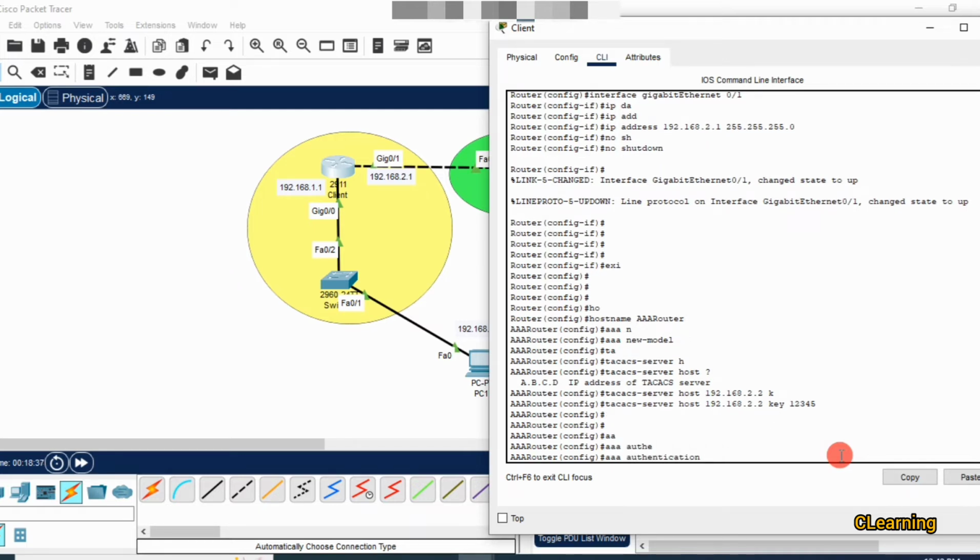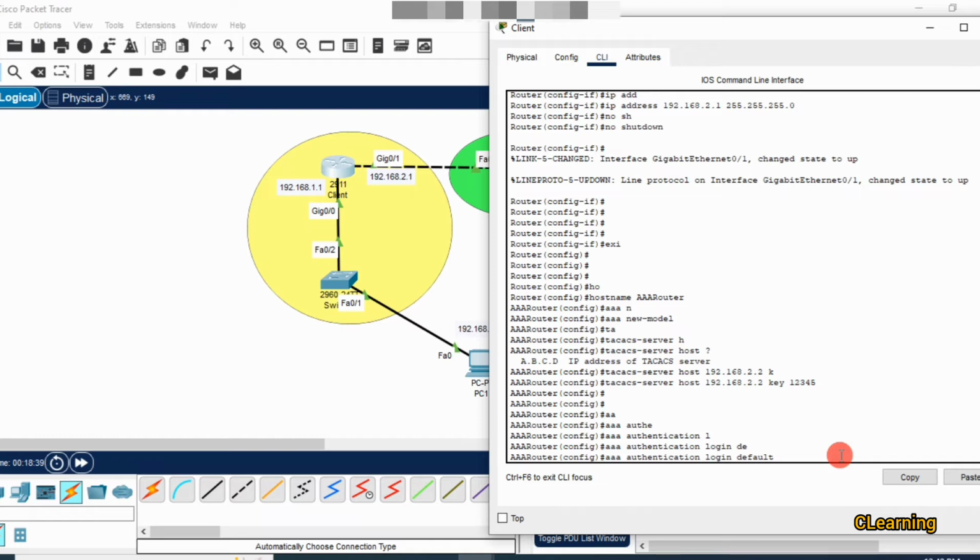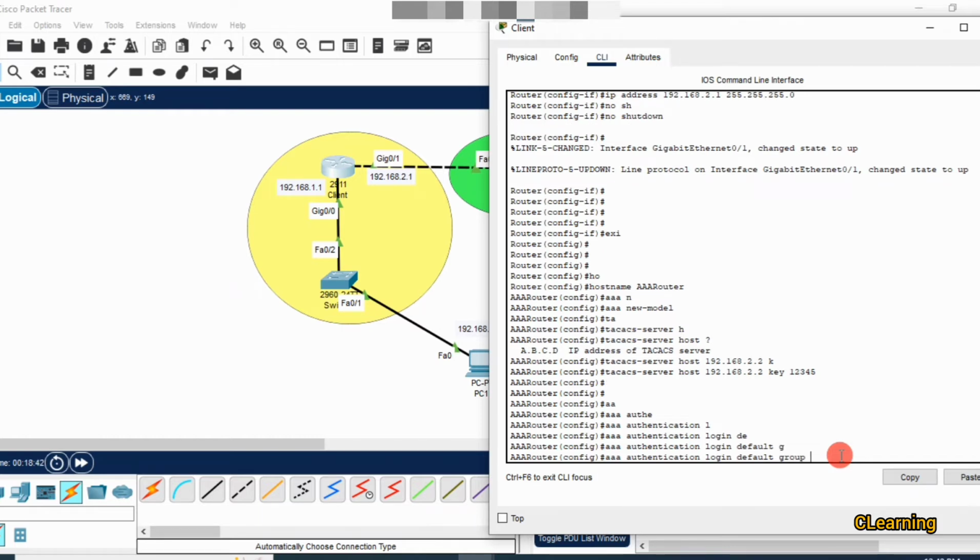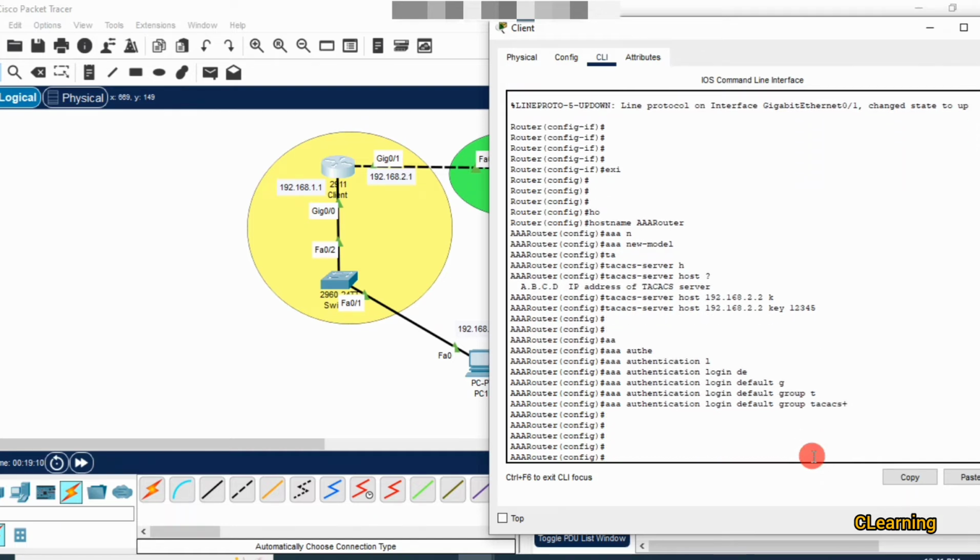authentication login default group. Default group means either you want to enable the configuration for a specific one or as a whole. Now we just enable the AAA authentication for just Telnet. You can also do the AAA authentication for the console line or any other thing as well. So the default group is tacacs+. Now just enable